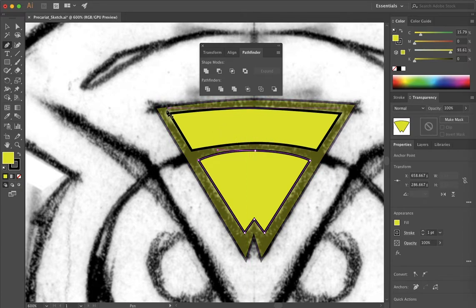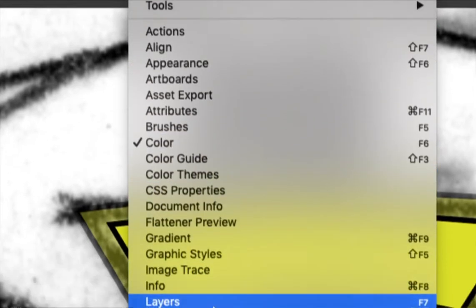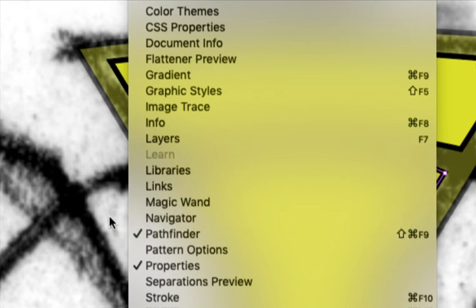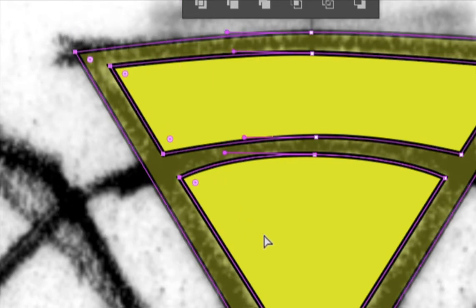In order to make this background show through and keep with it, we're going to use what they call the Pathfinder, which if you don't know where that is, Window, all the way down to the bottom, keep going, there's the Pathfinder. And I already have it open. And so once I have the Pathfinder open, if I select all the layers that I'm using right here,